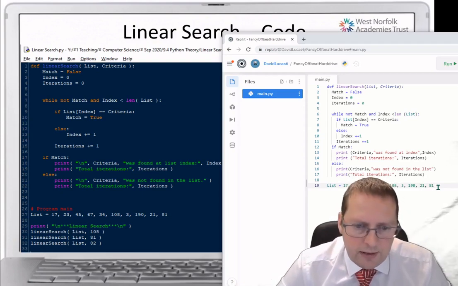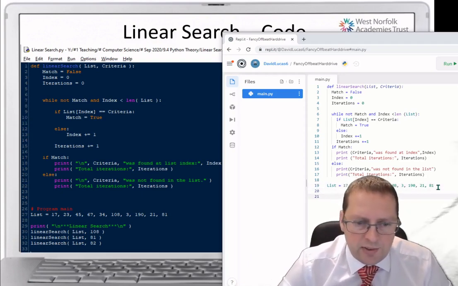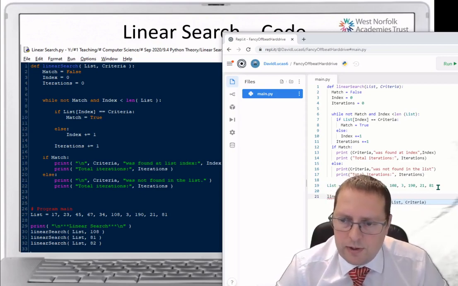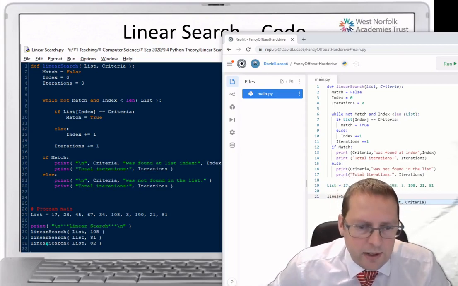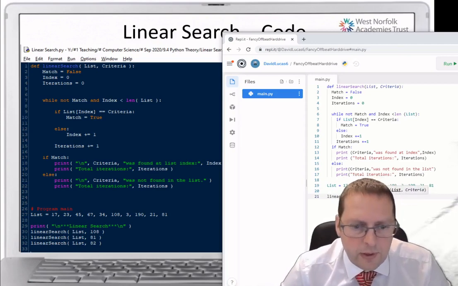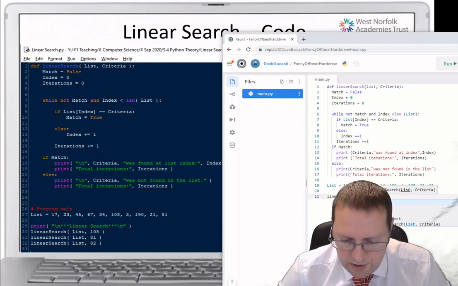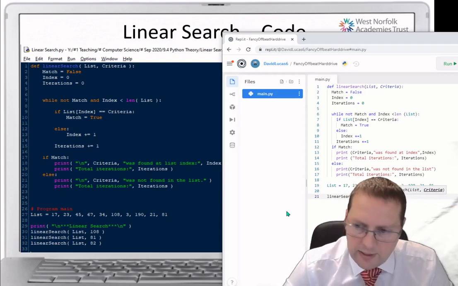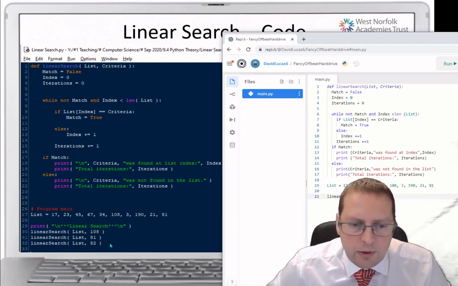So what I now have, I'm just going to do one of these, linear search. So that is the program, and I'm looking for, in the list, for the number, whatever number I'm looking to find. So I'm going to try 108 first of all, 108. So now when I run this,